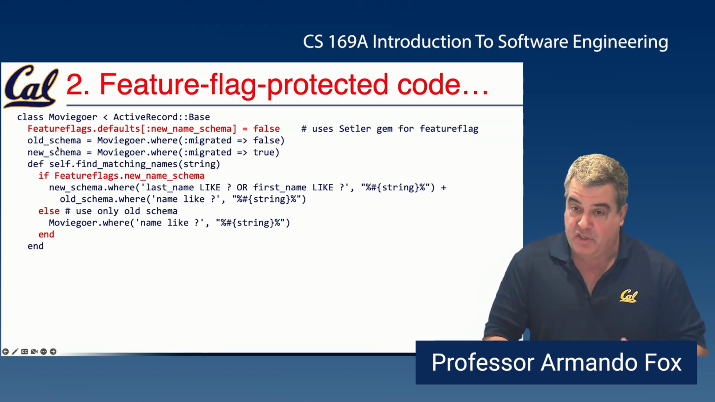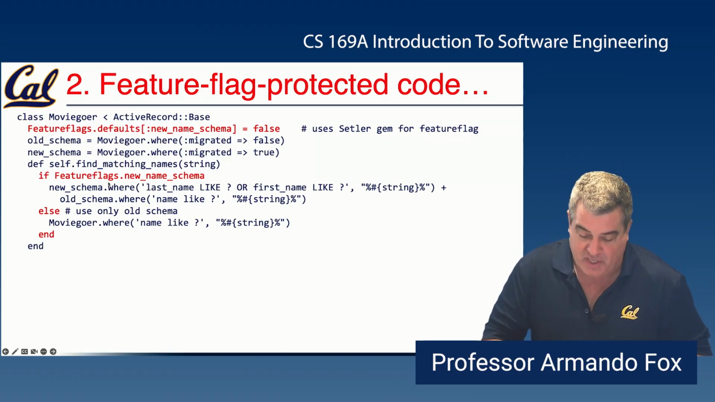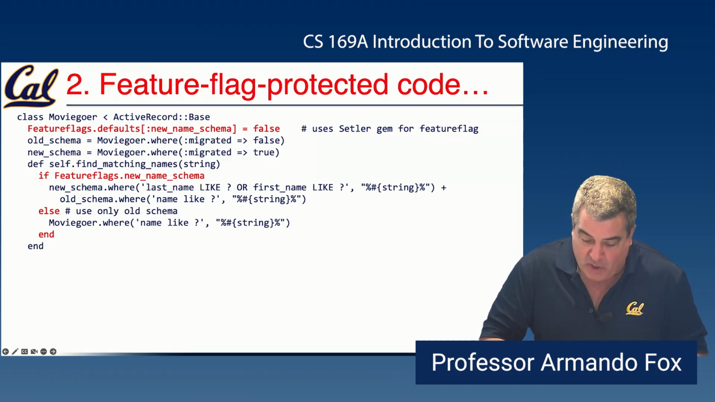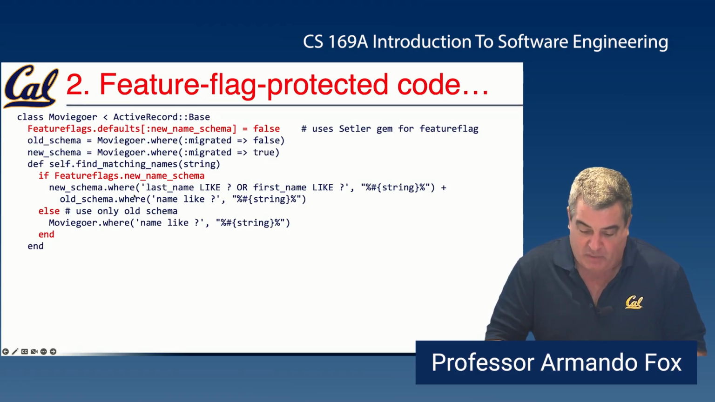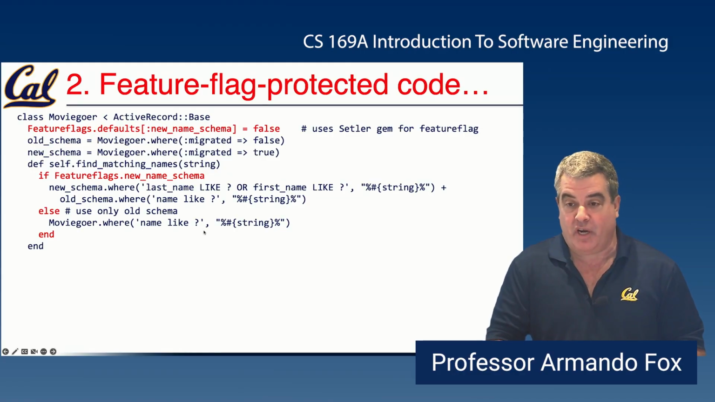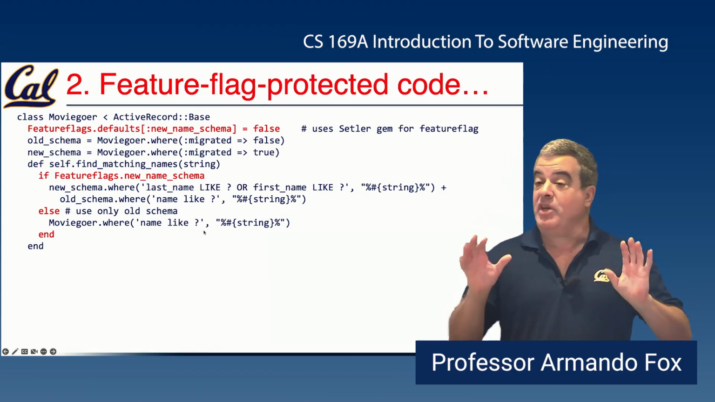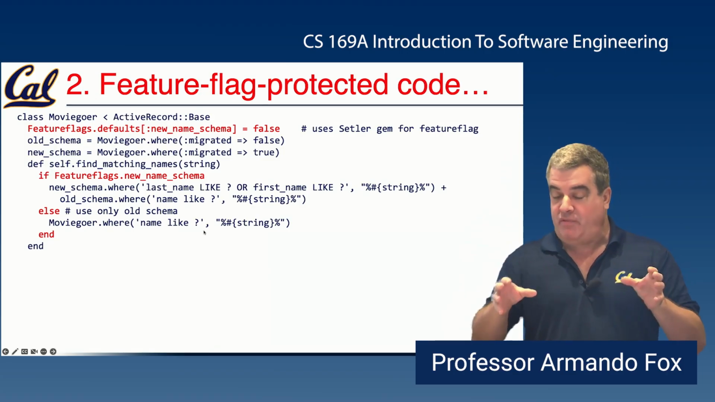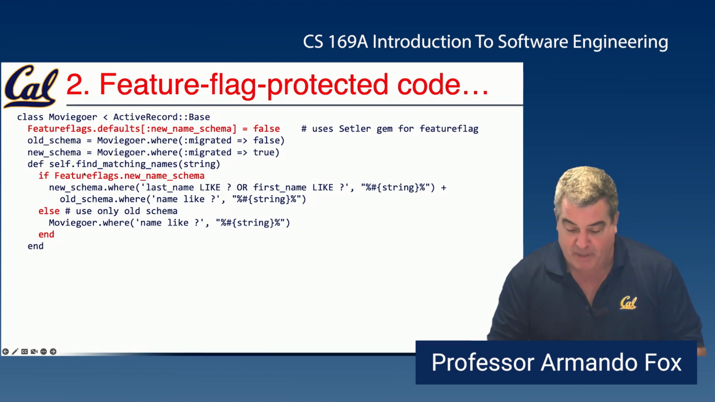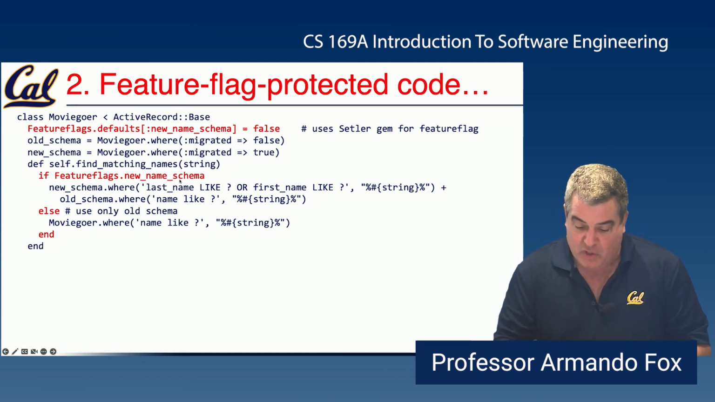So that means that initially at time 0, we deploy this new code with the new migration that we just did. It's always going to be the case that the new name schema is going to be falsy. So we're still going to use the old code, moviegoer.where, right? So in some sense, we've done nothing, right? We've put in a feature here, but that feature cannot possibly be activated until the feature flag's new name